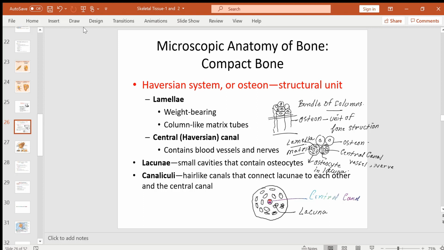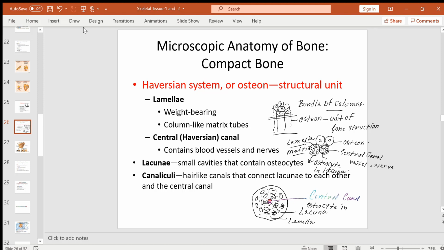It looks like an insect, a spider. Osteocyte in lacunae. And then the spaces between the lacunae contain the hard matrix of the bone. And that is the lamella, the matrix. And also inside the osteon you'll see fine channels,